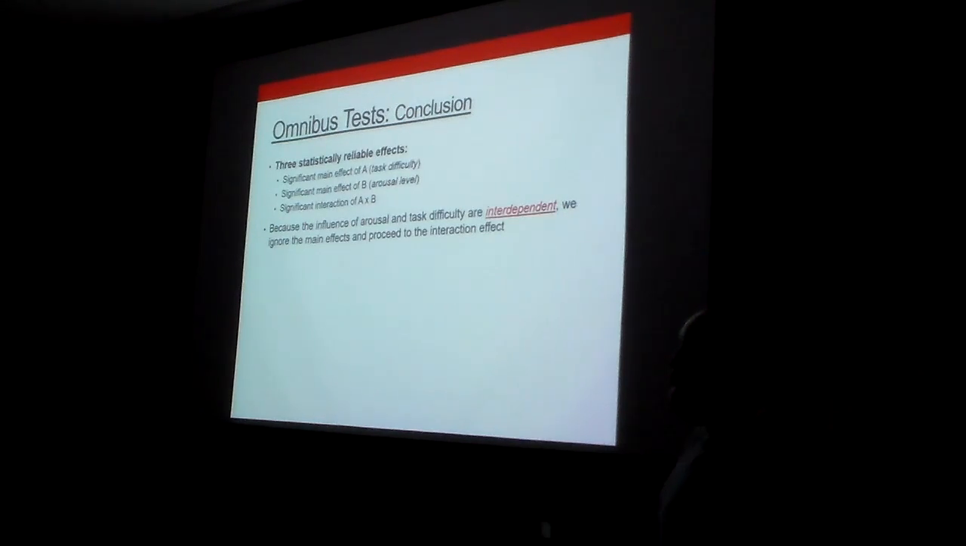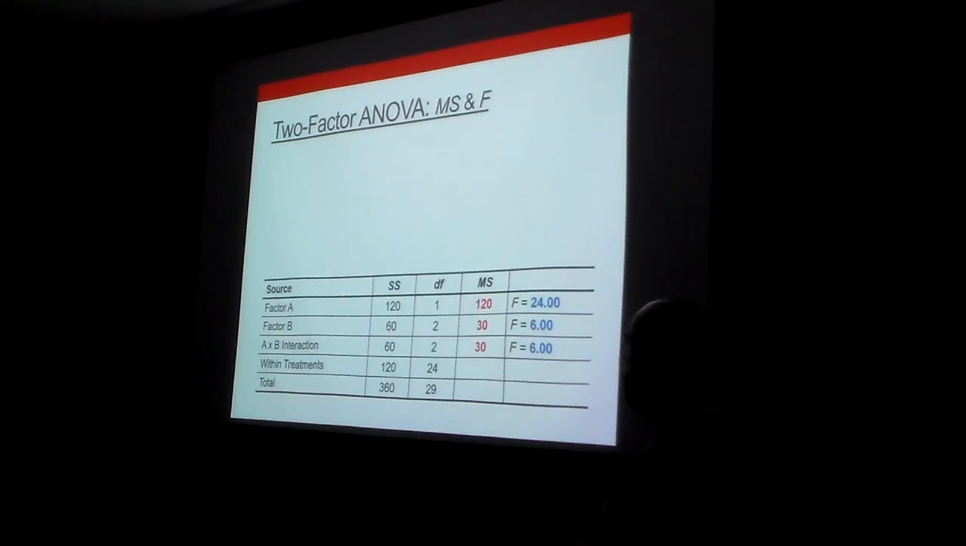Okay. So again, what we've been working with up to this point are our omnibus tests, okay? And so if we go through and, well, here, I'll just do it right now. So 2 and 24 degrees of freedom. I go,